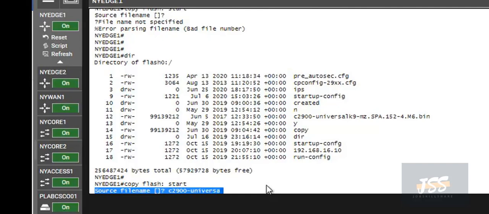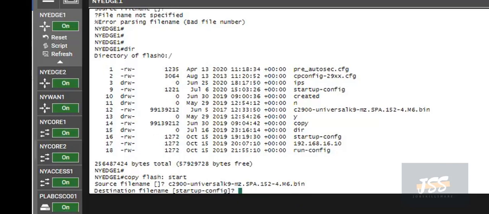So the source file name is c2900-universalk9-mz.SPA.152-4.M6.bin. This is the source file name. Now it is asking for the destination file name.